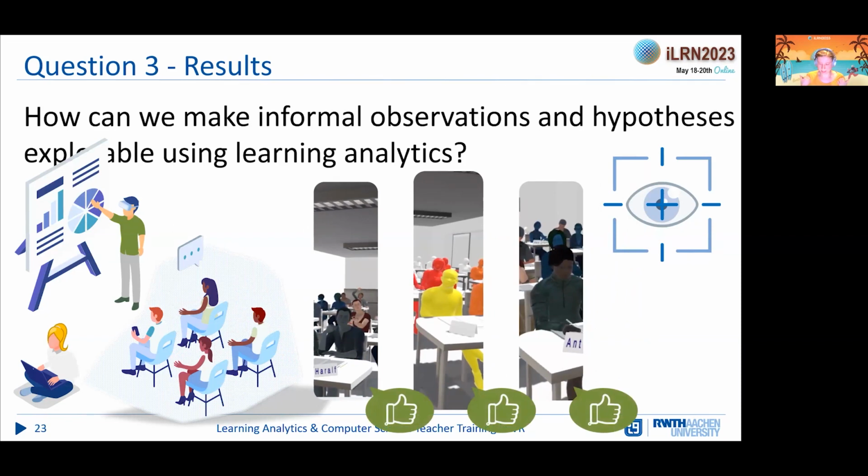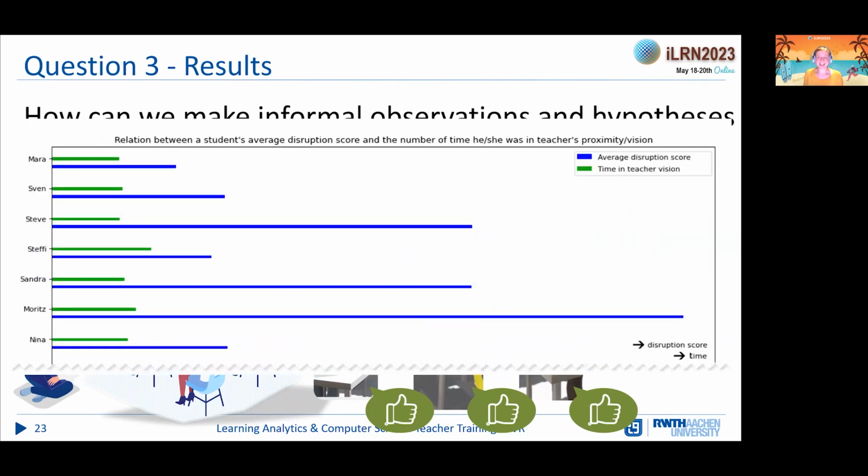We asked some participants from computer science if they liked the visualizations and if they were easy to understand, and all of them replied yes, but we don't count this as real evaluation because we asked computer scientists and not teacher students, and it should be intuitive to teacher students. And we also created some visualizations for us as researchers. Maybe some of them could be helpful for teacher students as well if they want to go into details.